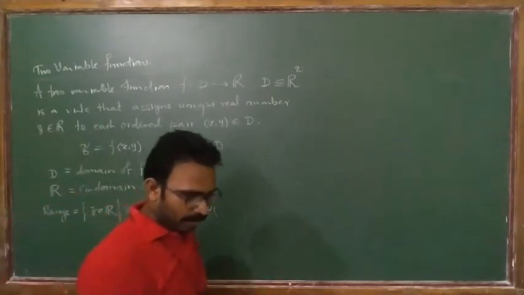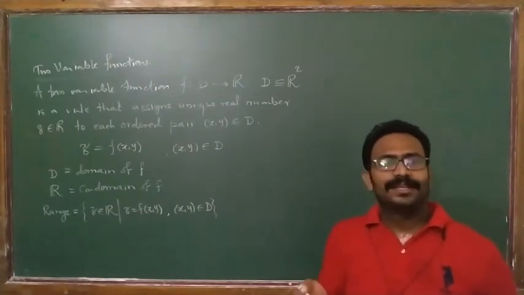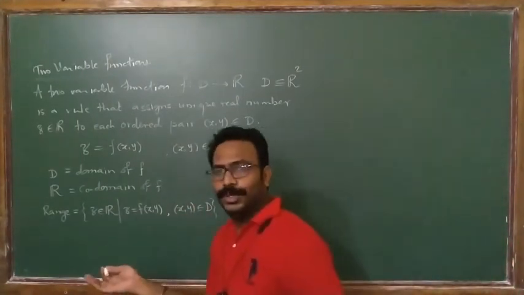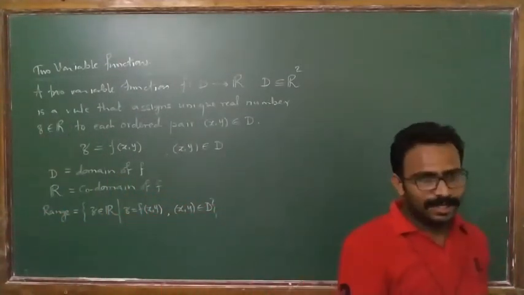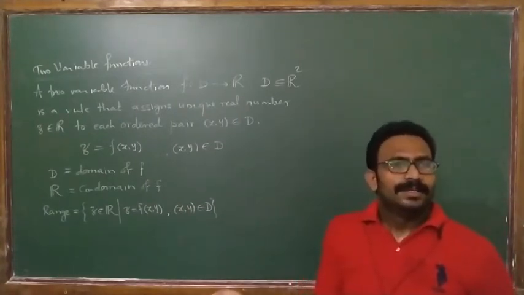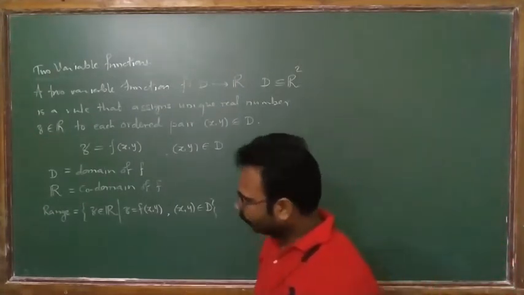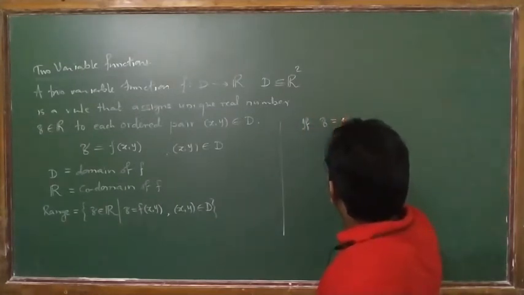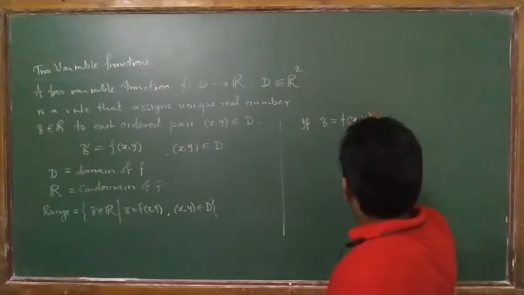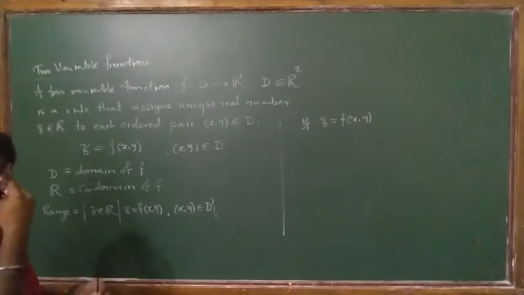Domain is those elements from the set of inputs which can be assigned to a unique real number in the codomain, or those elements in the set of inputs which can produce some output, which can have an image in the codomain. Right? So if z equal to f of xy is a two variable function, then